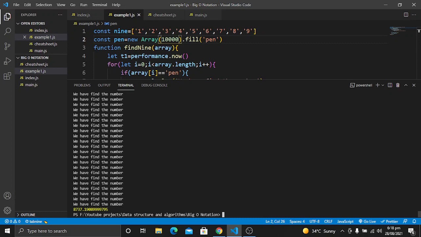As you will see, with the 1,000 items it took 988 milliseconds, and now with the 10,000 items this machine took 8,737 milliseconds to run this function with an array which has 10,000 items.